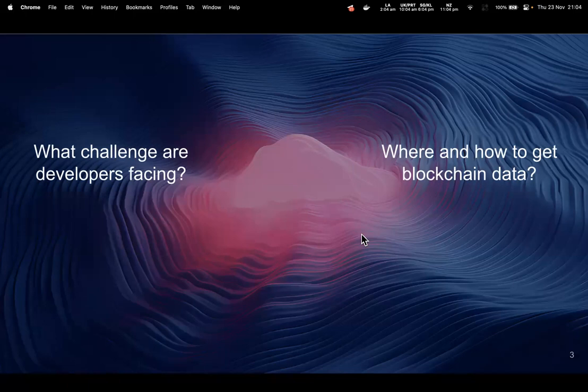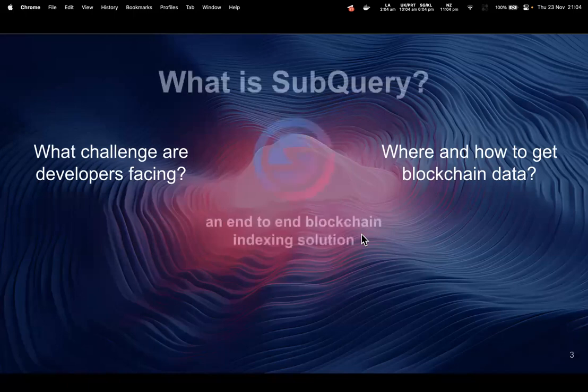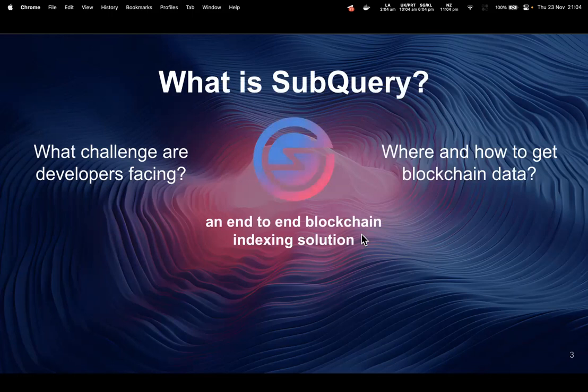And you probably think, well, you just get it from the blockchain, right? But it can be quite tricky in terms of how we do that. So this is where Subquery comes in as an end-to-end Near ecosystem blockchain.